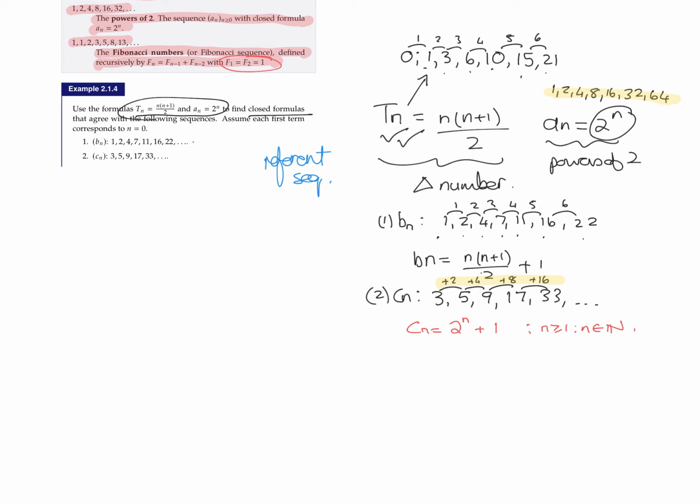We could have also said that Cn is 2 to the power of n plus 1 plus another 1. Now remember, this here starts at 1. What will happen here? n will be bigger than or equal to 0, and will take on natural values. So if n is 0, we get 2 plus 1, which is 3. Then if n is 1, we've got term 2, which makes it 2 to the power of 2, which is 4 plus 1, which gives you